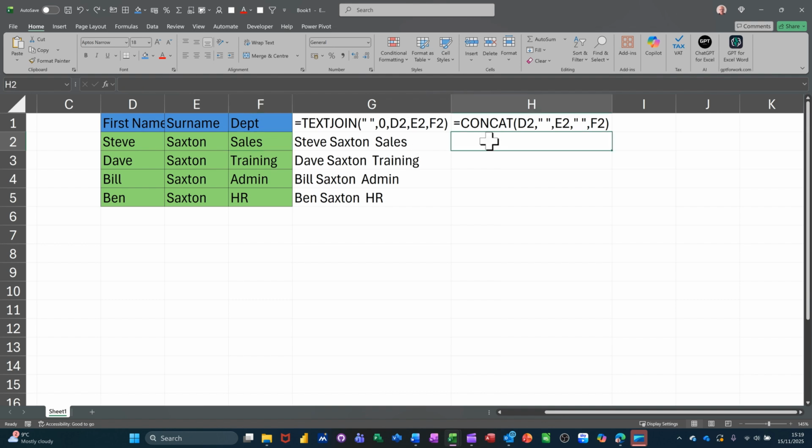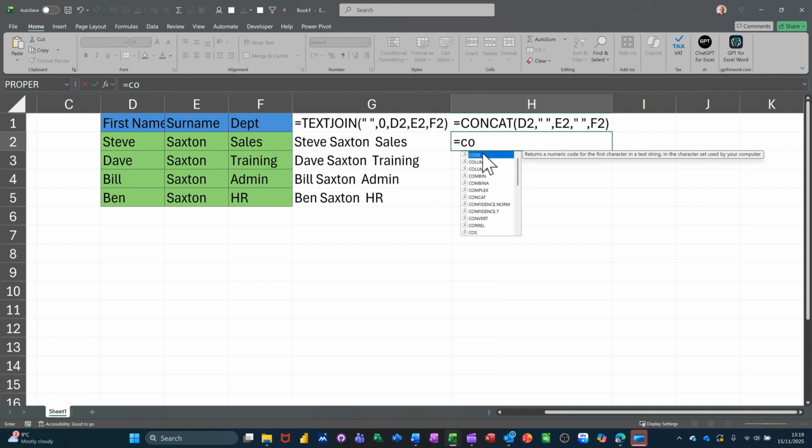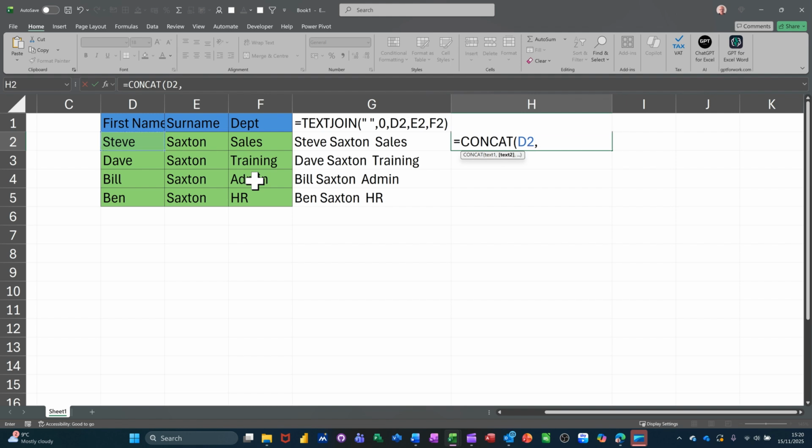Another function that does similar things is a CONCAT function. And you can see the formula here, so it's very similar. So if I go equals CONCAT, which replaces CONCATENATE, so I want to join that cell, comma, with a space first of all, which is again the two quotes, comma, and then that cell, comma, with a space, comma, and then that cell. So I don't need a space after that one, so I can just close the bracket there, click that tick,